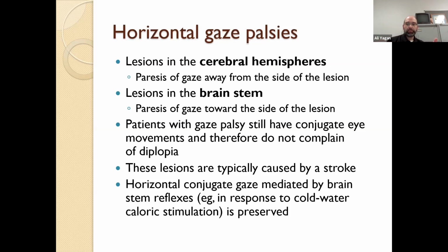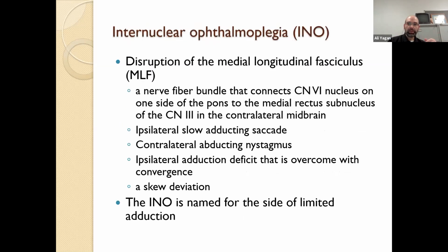Again, it's the same concept, usually conjugate, i.e. the eyes are parallel, but they can't move in that direction. They don't have double vision. Usually strokes, but in the younger generation you can get it from tumors, from multiple sclerosis and things like that. Some examples of the horizontal gaze palsies: the commonest is what we call internuclear